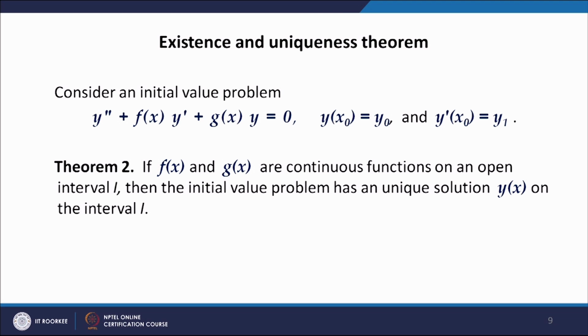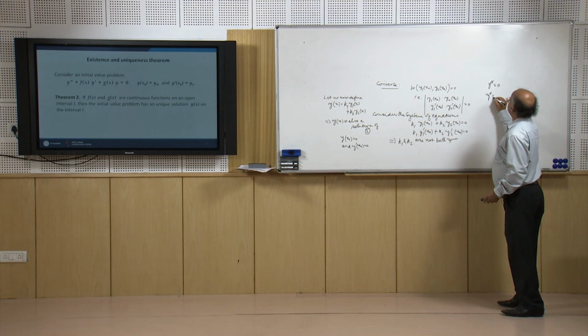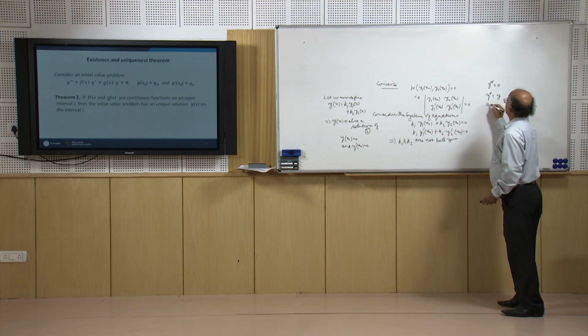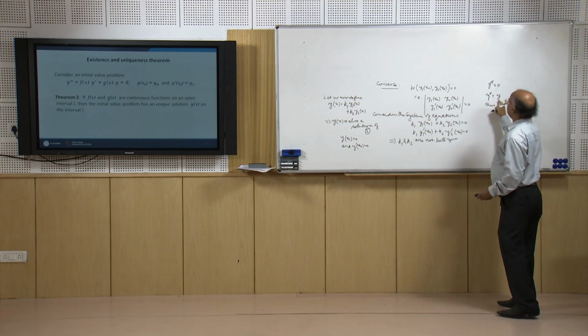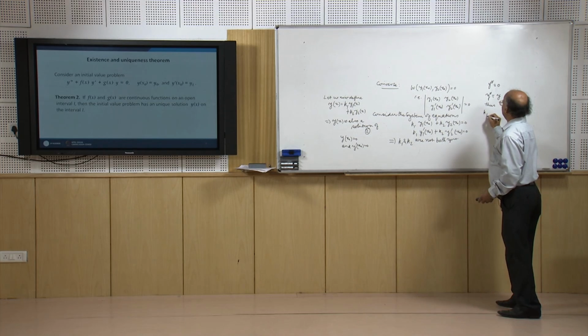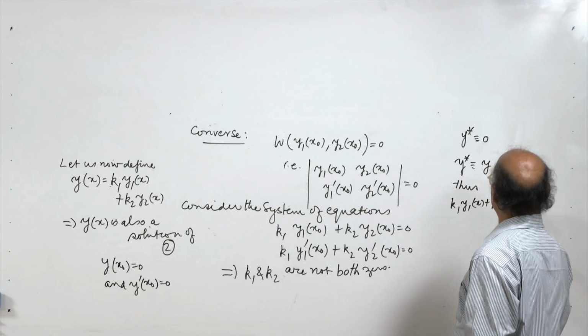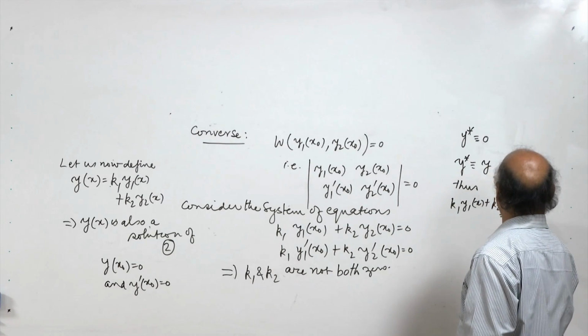So both the solutions y x and this solution y star must be identical, and therefore y star must be equal to y. So thus we can say that y must be identically 0. So k1 y1 x plus k2 y2 x is equal to 0 for all x